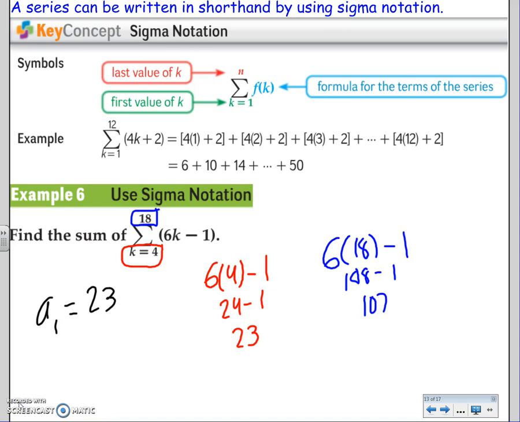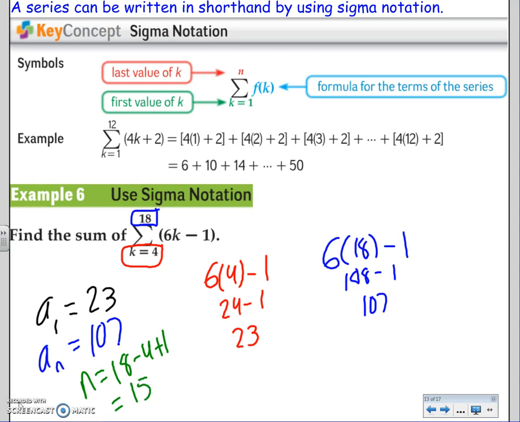Next we need n, the number of terms there are. So we know a sub n is 107. Alright, so let's think about it fast. If the first term plug was 4, say k was 4 and on top was 5. If I do 5 minus 4, that's 1. That's not one term, it's 2 terms. I'd plug in 4 and 5. So what you do is you subtract the bottom from the top, or top minus bottom, and you add 1. So n is going to be the top number 18 minus 4 plus 1, which turns into 14 plus 1,